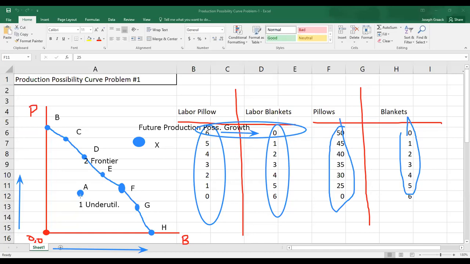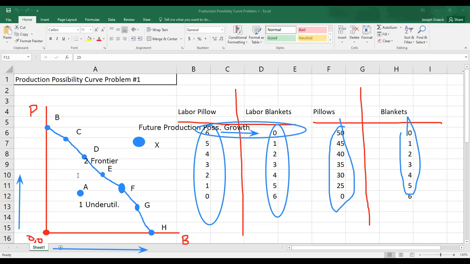If one of the 6 employees calls in sick, it's going to be an area of underutilization. And if he hires 3 more employees, 4 more employees, he'll be out here at point X, right? Because they can do more work. And then the last thing, as I said, is you want to make sure